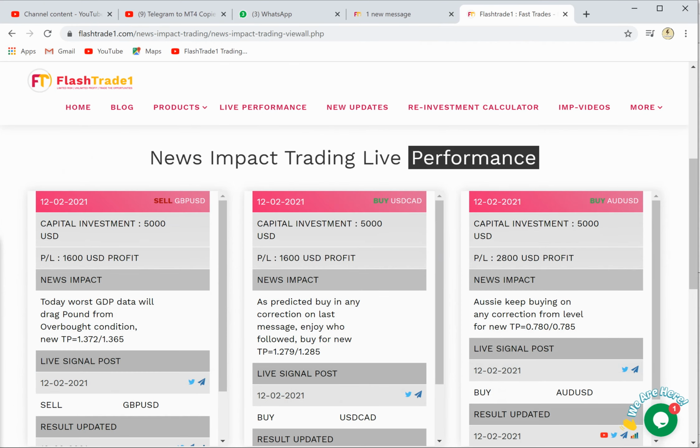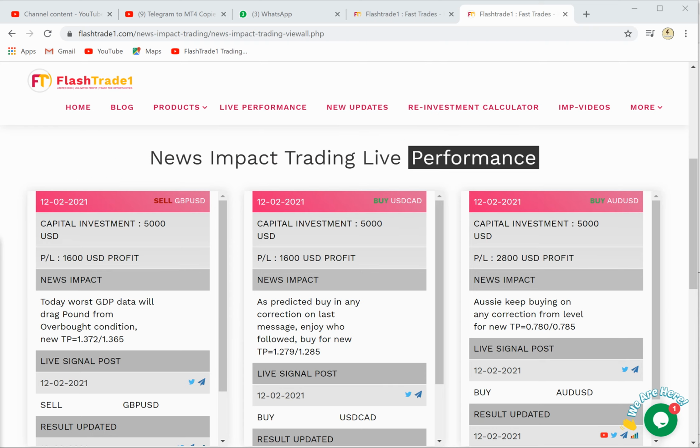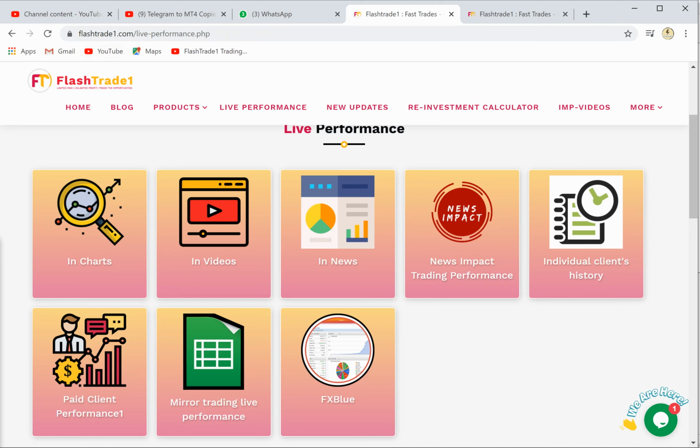Those who are not following our signals on Telegram daily can check the signal performance in two ways. Just join our Telegram channel, which is t.me/FlashTrade1, or you can see the performance on our website. Just visit our website, which is www.flashtrade1.com. There on the upper side, go into live performance and then go into news impact trading performance, and